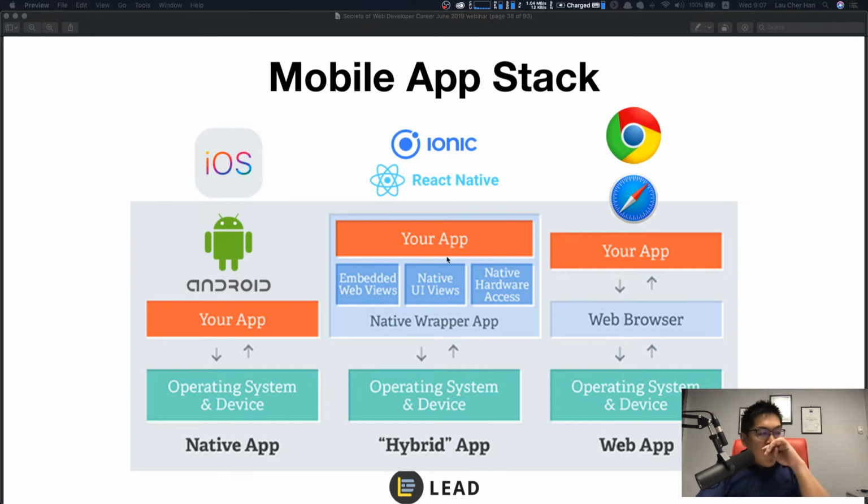Okay, and it still works within your operating system and devices, but you have less worry, you have less hair loss, you don't have to worry so much about the screen sizes, you don't have to worry so much about the different compatibility. The most popular one being Ionic, which is again maintained by the Angular team, or React Native, which is maintained by the React team. The good thing is you don't have to use both of them, you just need to choose one. And the good thing is you can use it to run,